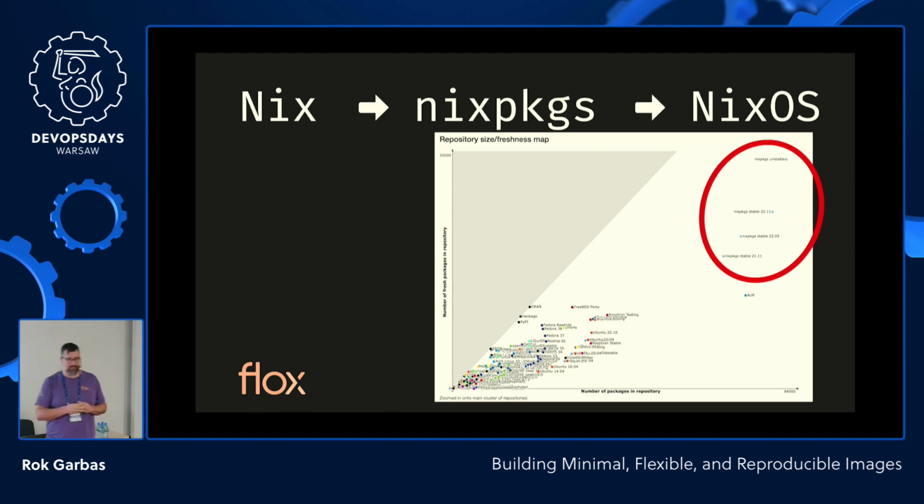So I'll explain again. The number of packages is on the x-axis. So how many packages are in this repository, source or no source, okay? On the y-axis, the vertical one, we have the freshness. How up